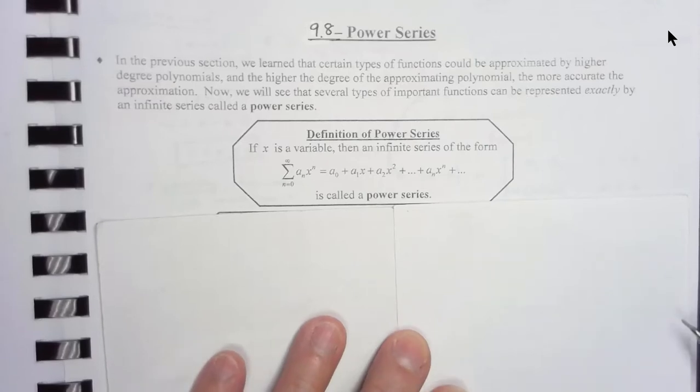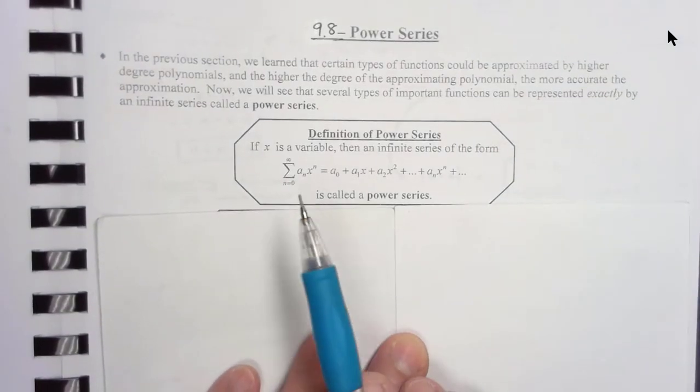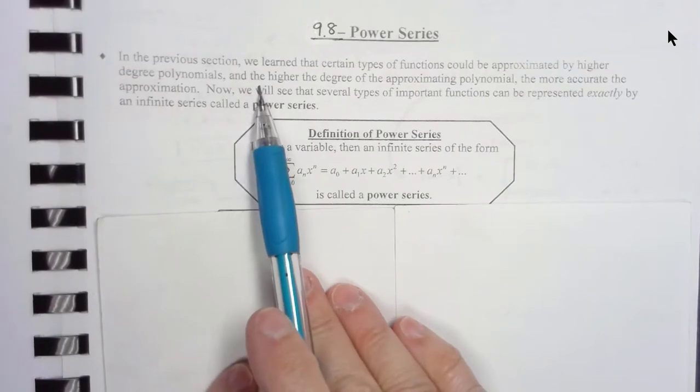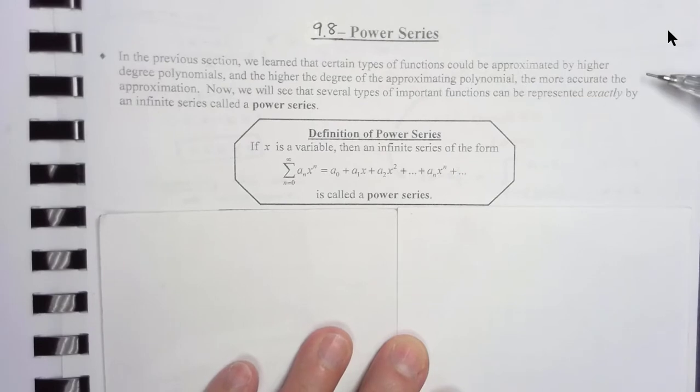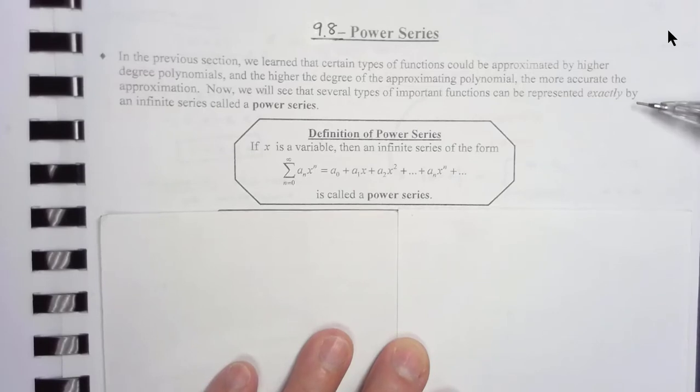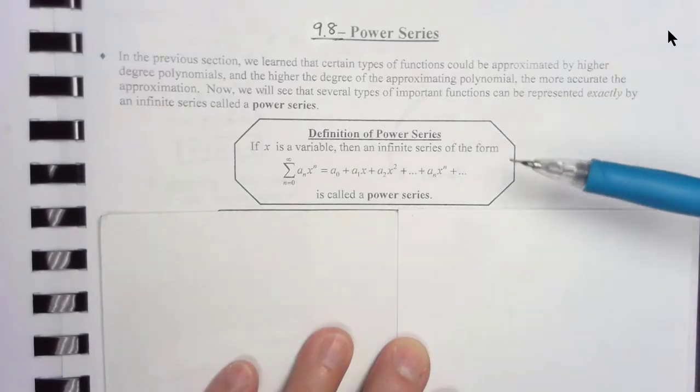Section 9.8, Power Series. In the previous section, we learned that certain types of functions could be approximated by higher degree polynomials, and the higher degree of the approximating polynomial, the more accurate the approximation. Now we will see that several types of important functions can be represented exactly by an infinite series called a